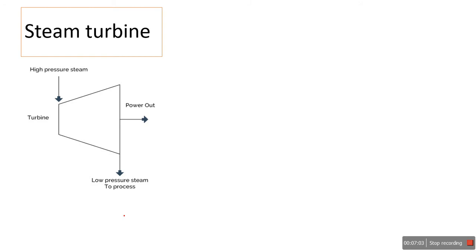now we apply the steady flow equation for a steam turbine. We know that the high pressure steam enters and low pressure, low temperature steam goes out. At the same time we get one kind of mechanical work, the mechanical power in the form of a rotating shaft. The work is developed by the system, so W is positive. I also assume that there is isentropic expansion in the turbine, so the Q loss to the surrounding is again 0.